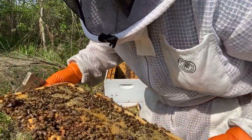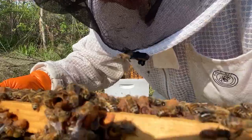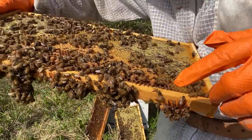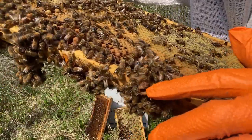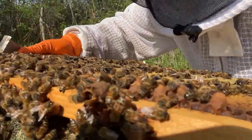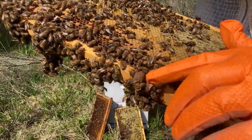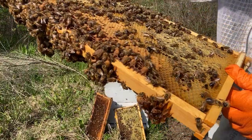So I didn't stop recording, which was fortunate because I just see how I can do this. I was looking to ensure that this hive had more queen cells. I don't know if you guys can see that, but the cap is actually off of the queen cell. So here's the queen cell here, and the cap is actually off of it. So this queen emerged,